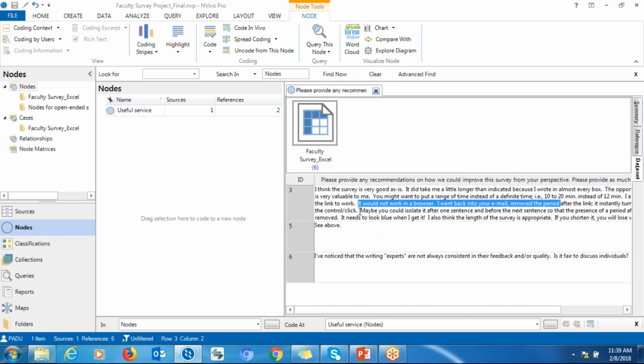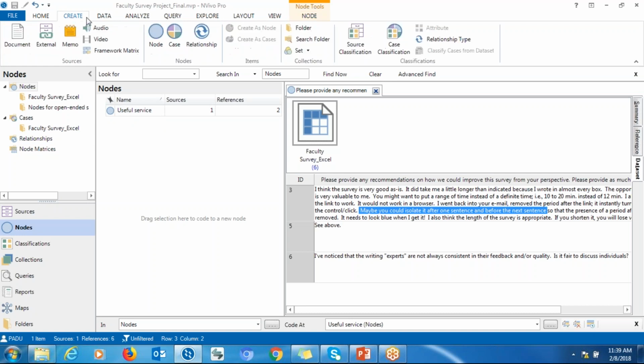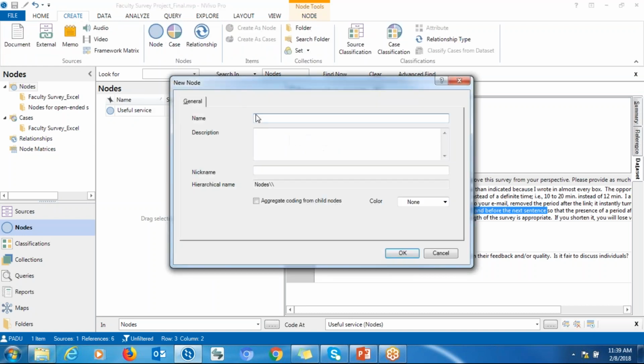If, let's say, this information is significant but has nothing to do with useful services, what should I do? I create a new node, right? By going to create, typing on it, and then creating another one. Maybe, limited